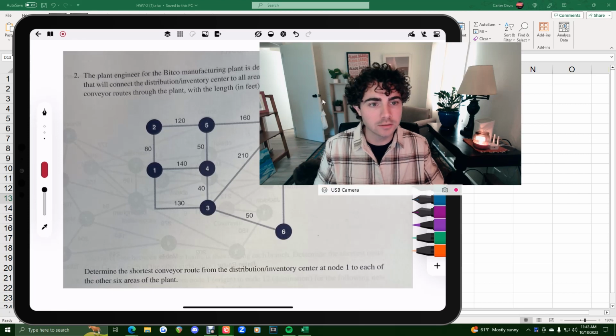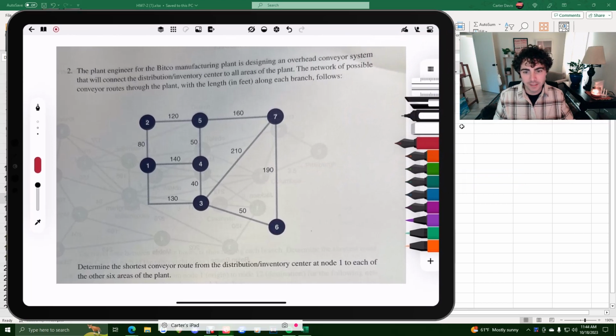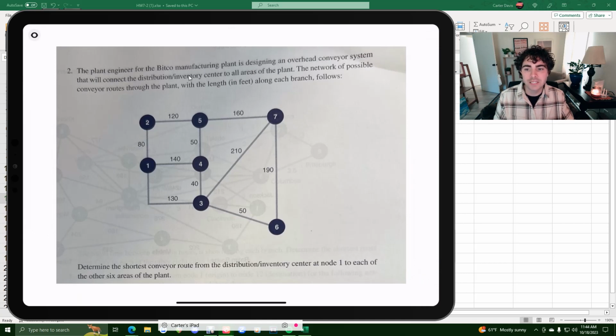Okie dokie. So, welcome to BIT 2406, Chapter 7, Problem 2. They say that the plant engineer for this plant is designing an overhead conveyor system that will connect the distribution / inventory center to all areas of the plant. The network of possible conveyor routes through the plant, with length in feet along each branch, follows. Determine the shortest conveyor route from the distribution inventory center at node 1 to each of the other 6 areas